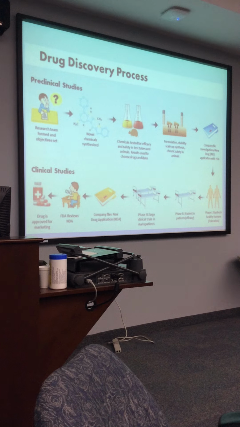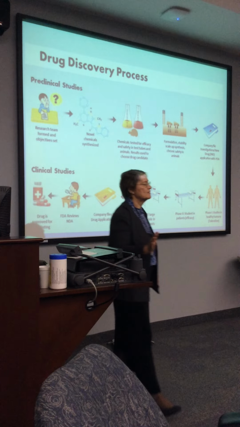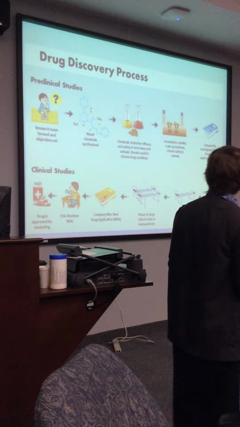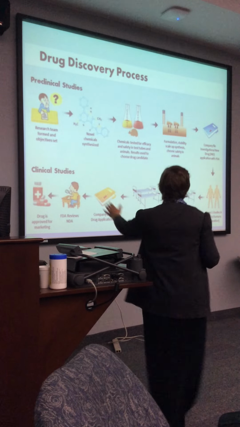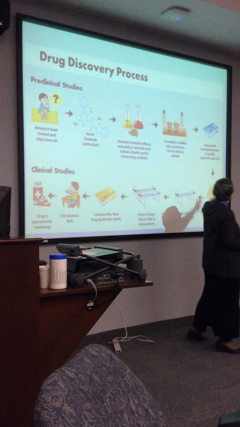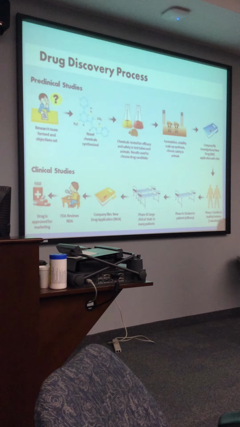So what we've talked about so far have been what we call preclinical studies. These all have to be done before that compound can ever be taken into a human. And so once we've gone through all of this, the drug company takes that information to the Food and Drug Administration with an application called an investigational new drug. And if the Food and Drug Administration approves that,